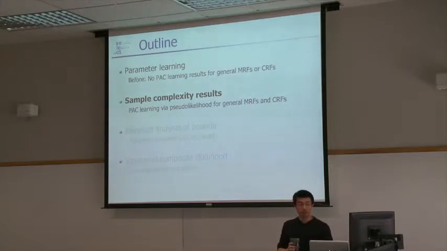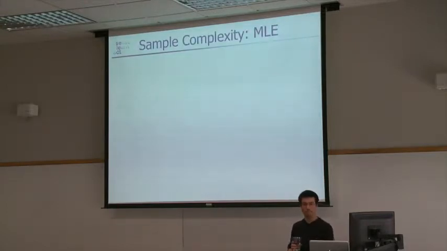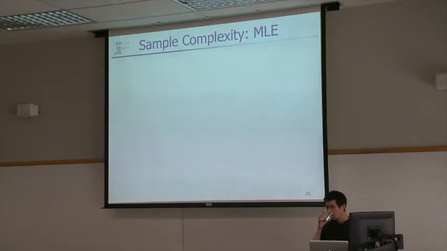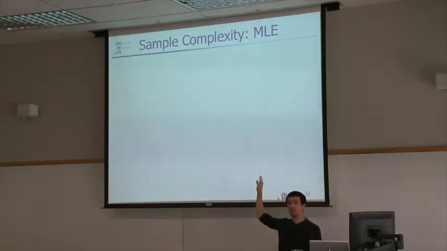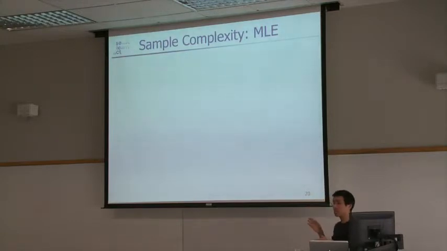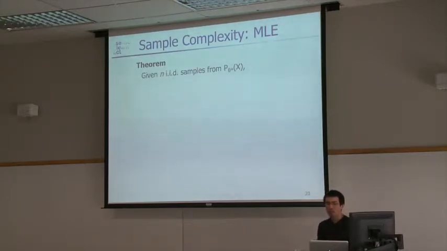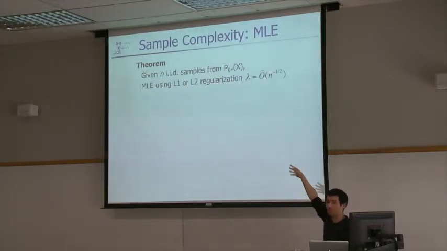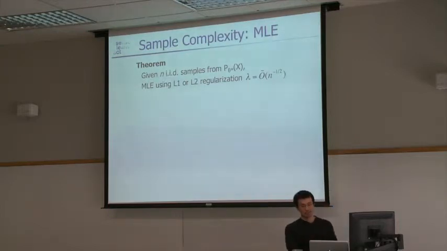Next, I'll show our main theoretical results for pseudolikelihood. Now, there are already bounds for maximum likelihood, and just for comparison, I'll show them first, and then the pseudolikelihood bounds. I want to emphasize that this, of course, doesn't deal with the computational complexity of doing max likelihood estimation. So the theorems will take the form of: given n IID samples from this target distribution, maximum likelihood using regularization of a certain amount, which depends on the samples,